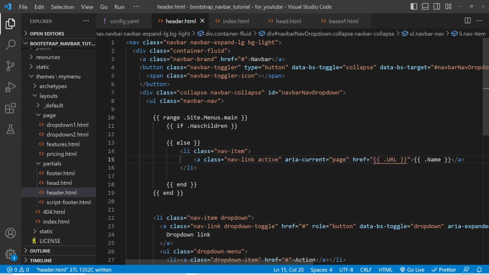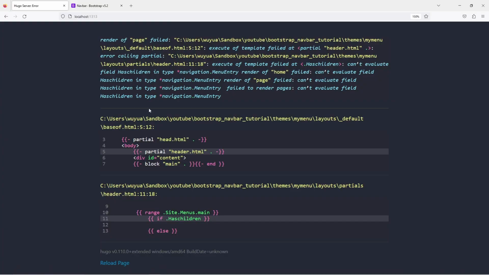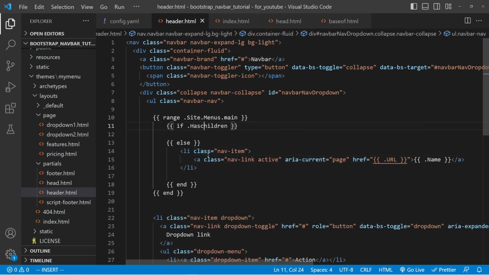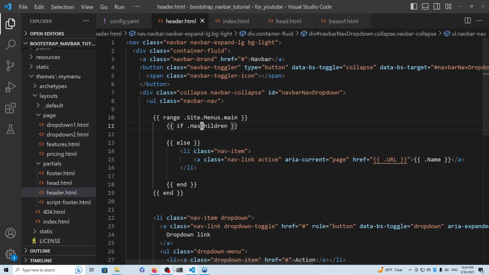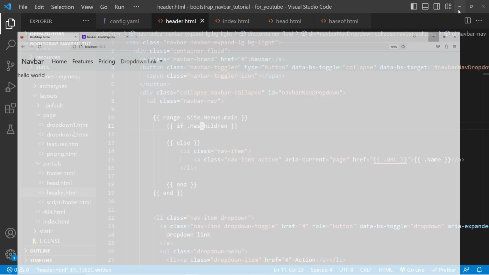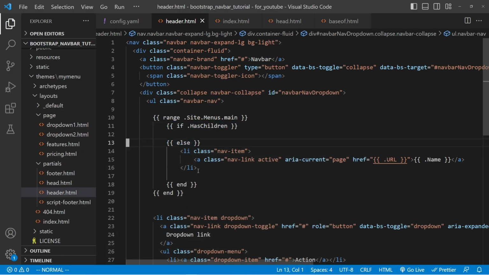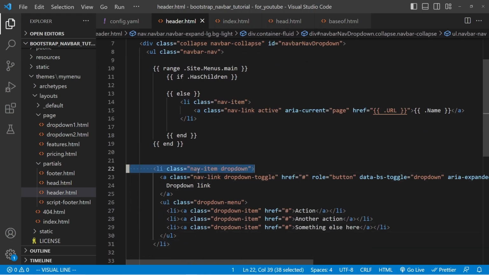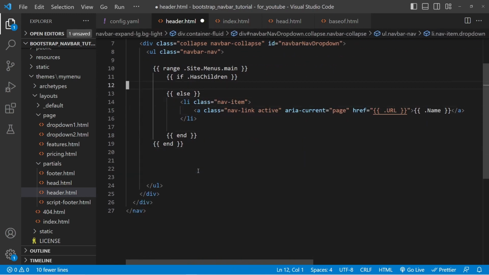So if I save this and check the web page, you'll notice that there is an error: can't evaluate the field hasChildren. There we go. I need a capitalized C instead of a lowercase c. Try that again. Here we go. Now you can see it populated the home, features, pricing, and we still have the hard-coded drop-down link here, but then the custom drop-down is missing, and that's because we don't have anything in this if block. Let's move the hard-coded drop-down list into our if block,